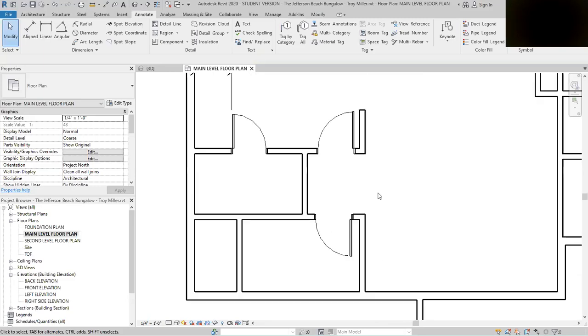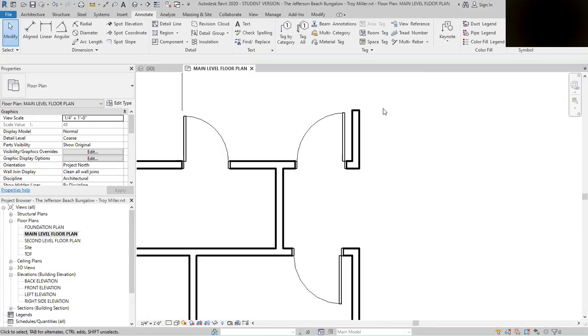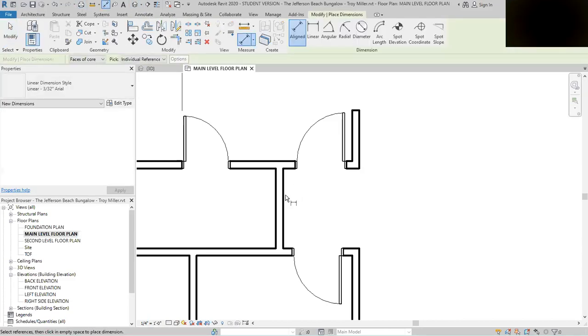Now, how do I center these two doors? So what I'm going to do here, I'm going to again go to annotate. I'm going to put in a temporary dimension. I'm going off the face of core right here to the center of my door, to the face of core on this door. So I'm going to come out here, I'm going to click,